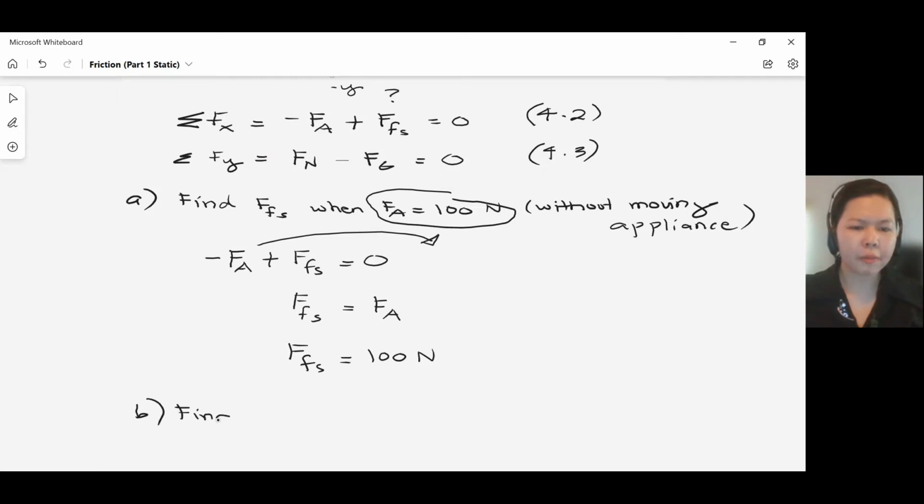Again, find FFS when applied force is equal to 200 newtons